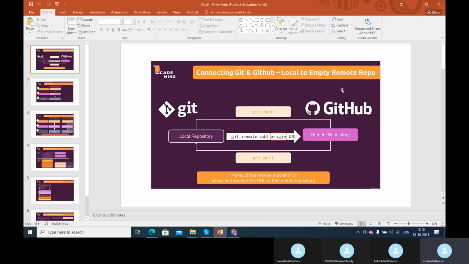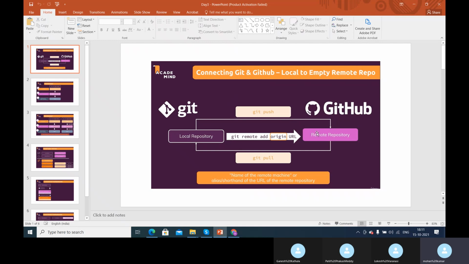But these two are separate tools, and we have to establish the connection between these two separate tools. So till now we have seen Git. We know everything about the local repository, doing everything on the local repository. Now we are moving to the remote repository. So the first and most important thing that we have to do is pushing the data from the local repository to the remote repository. So that is what we are interested in.